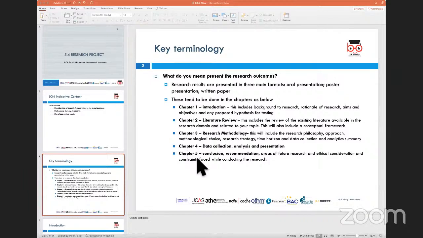The last chapter tends to be the conclusion or recommendations, and this is where you bring everything together to conclude: these were the areas of my research, this is what I've uncovered, these are the findings, and these are the conclusions of the research project. You also make recommendations for future areas of research, and briefly detail some of the ethical considerations which were taken